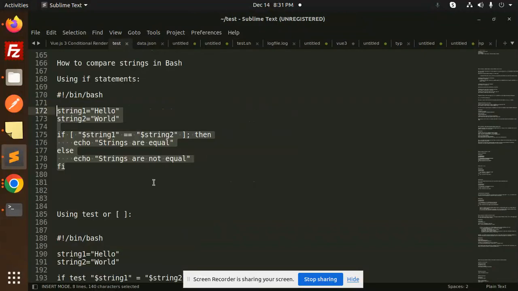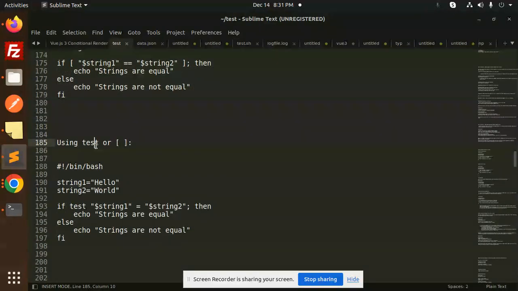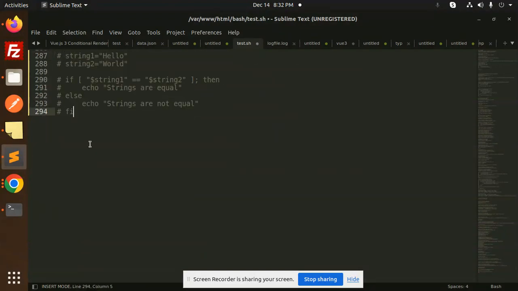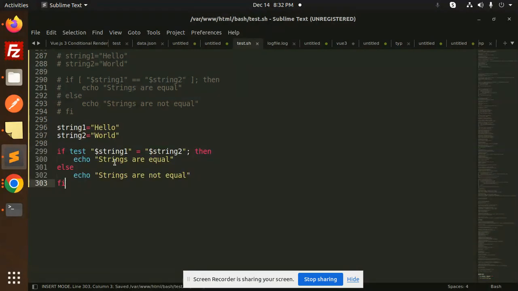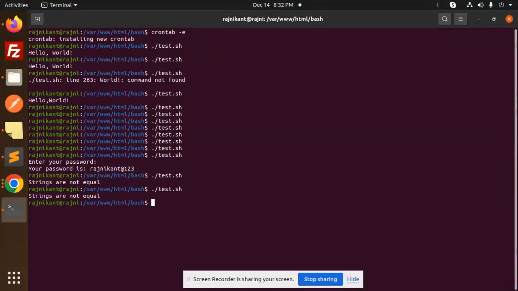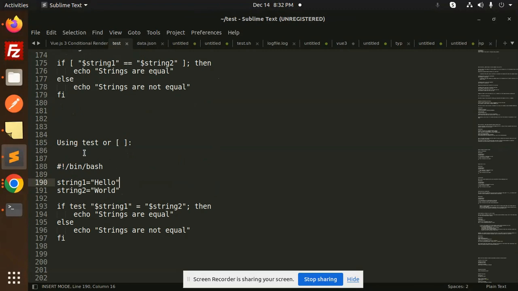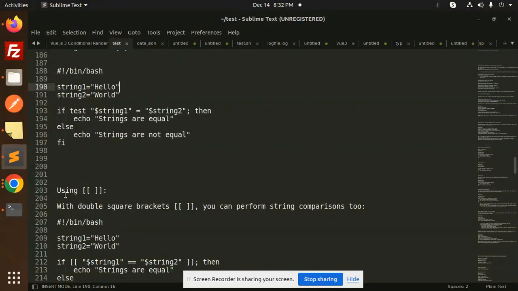Next one, using the test command. Here we go with the if else condition again. So here we just comment out the previous one and go to the next one. Hello world, you can also use string1, string2. Then strings are equal, else strings are not equal. Let's have a look. Strings are not equal. This is the second method, using test, or this one, using